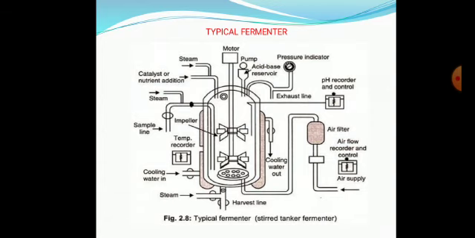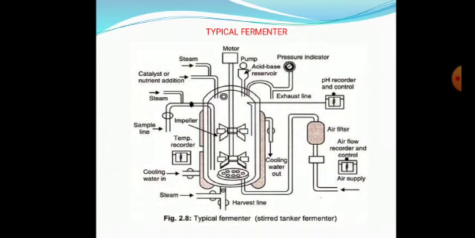One towards the left hand side top corner, you can see steam entering inside the fermenter in the form of a pipe. It is for heating purpose, to autoclave the vessel. We call it sterilization steam. And to the left hand side, you can see so many other pipelines entering inside, one for steam, one to collect samples, and now and then there are some sampling ports, which will help us in recording temperature, recording pH.